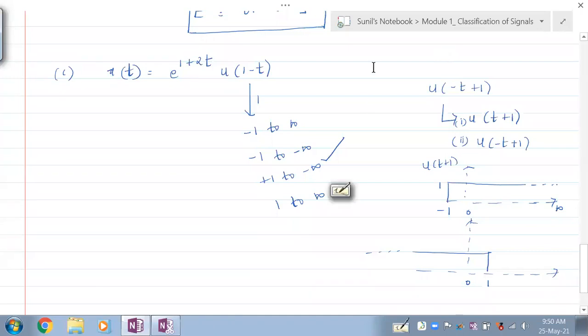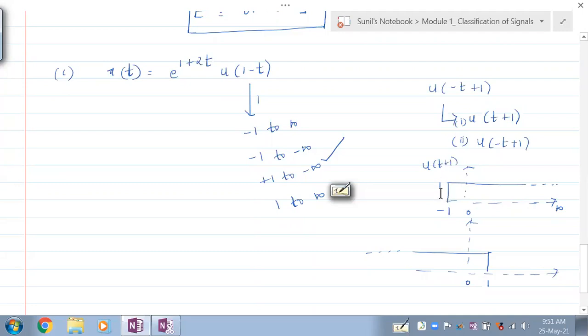Everybody just see here. We shall see where actually this u of 1 minus t is ranging. So this 1 is understood. Whether this is 1 from minus infinity to infinity, or 1 from minus infinity to minus infinity, or which among these 4 would be correct as the range of this. To understand this, let's consider the signal as u of minus t plus 1. We know that the precedence rule tells us to shift first and then scale the shifted signal. So we have taken the shift. u of t plus 1 means it is as good as shifting u of t to the left by 1 position. So it ranges from minus 1 to infinity.